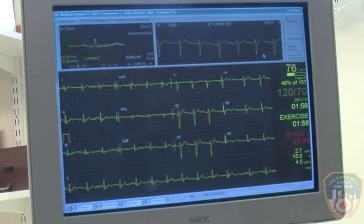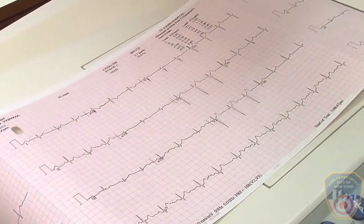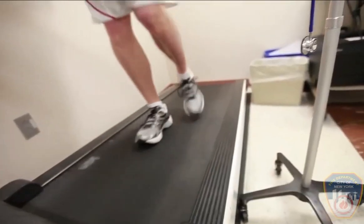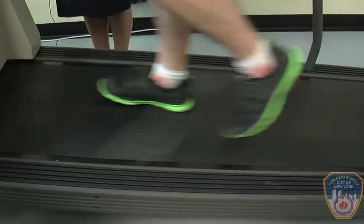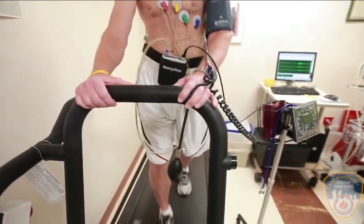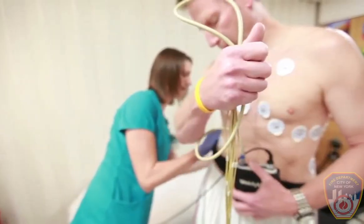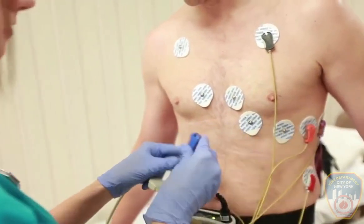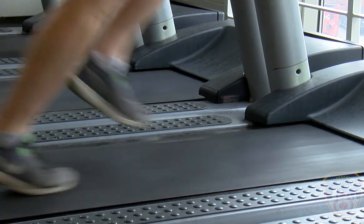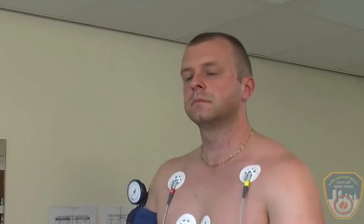This test helps determine how well your heart responds to exertion. If you choose to take this test, you will walk and/or run on a treadmill. The technician will gradually increase the speed and elevation of the treadmill to determine if you can safely exercise at a moderate to high level. You will wear external electrodes that measure your heart rate, blood pressure, and heart rhythm pattern. The technician will stop the test early if any of these become abnormal or if you appear to be in